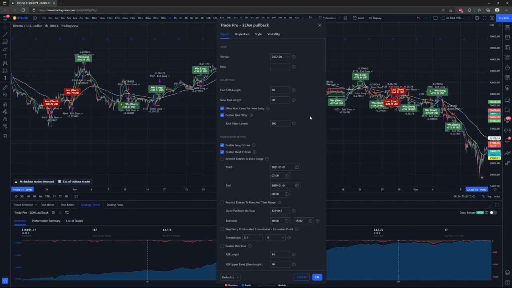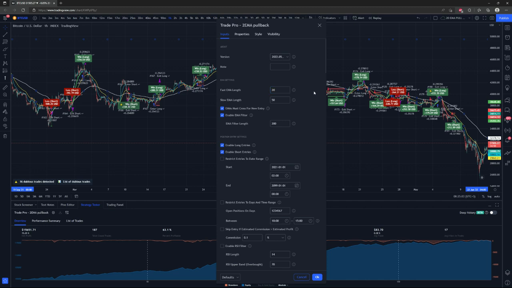Starting up top with the EMA settings, where we have 3 different exponential moving averages, which you can set to whatever length that you'd like. Remembering that the fast EMA length here, set to 20, is the one that is going to be triggering an entry. So if you don't want pullbacks to the 20 EMA to be your entry trigger, you can change it to the 50 EMA, the 9 EMA, whatever you want to trigger that entry when price pulls back to that